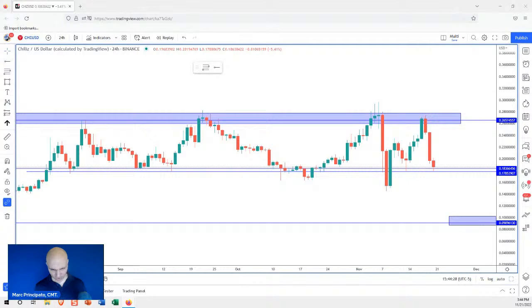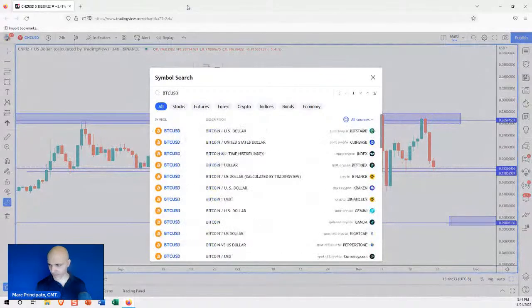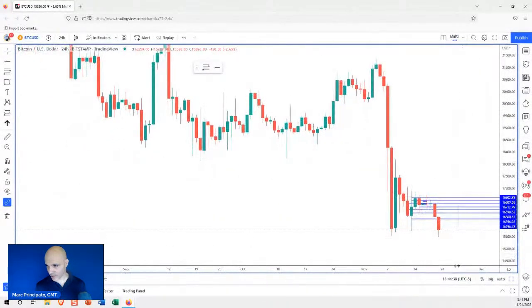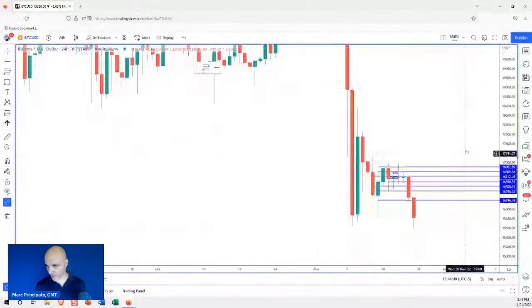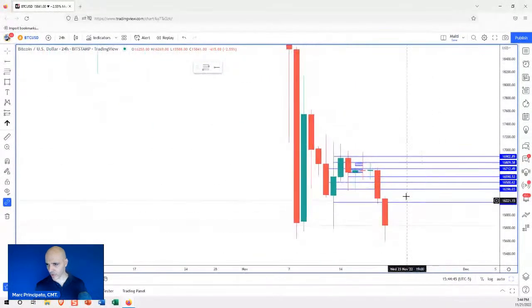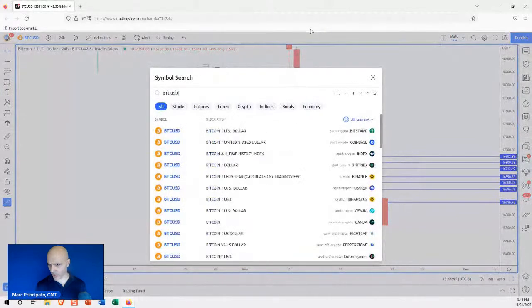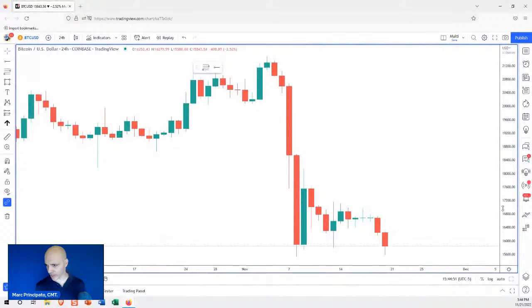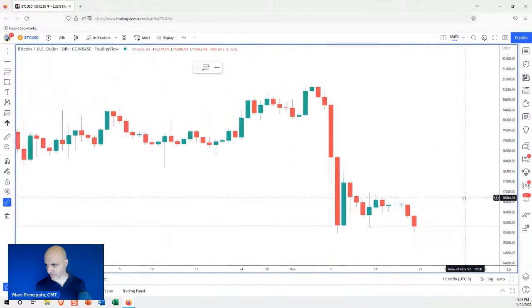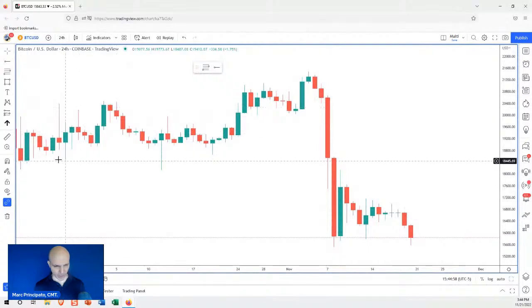Target hit 15.8. Oh, nice, Sean. You got out of some Bitcoin short. Very nice. Now, what got you into that short? Was that something that you just called, or was it based on some of the stuff I've been sharing? That's a nice move. So here, let's go back to a cleaner chart. Those are all my intraday levels that you're seeing right there. Coinbase is usually clean. There we go. Yeah, very nice.